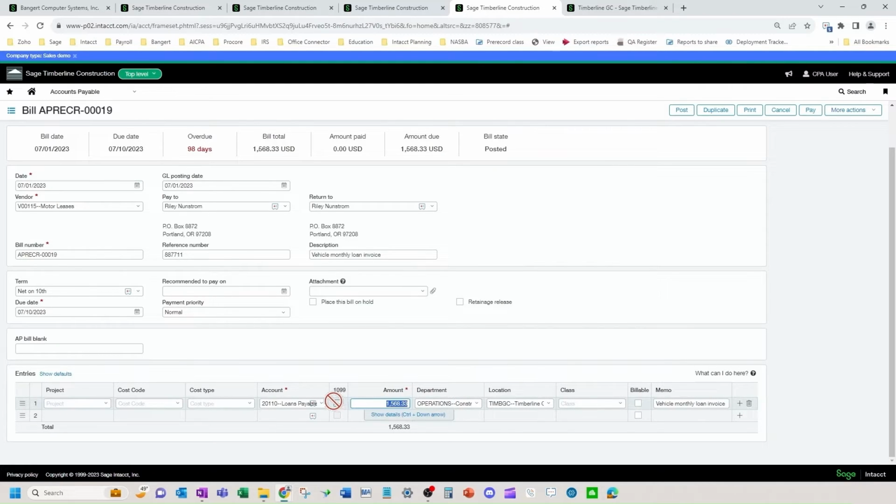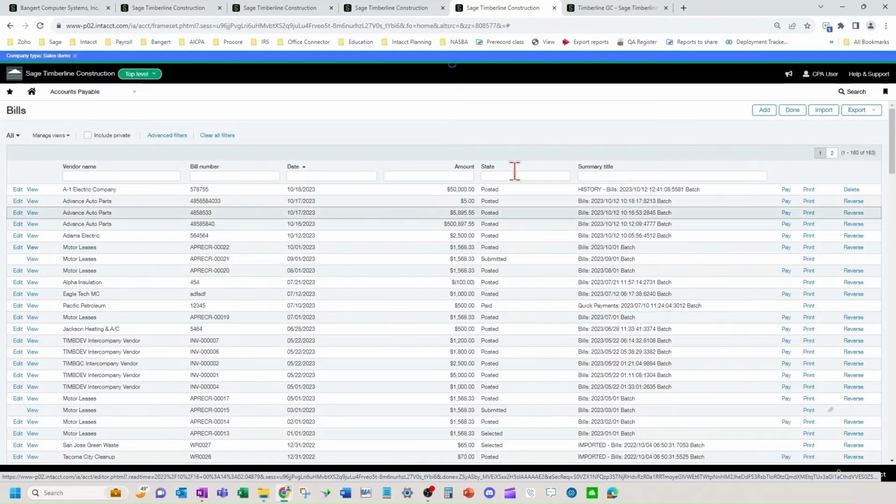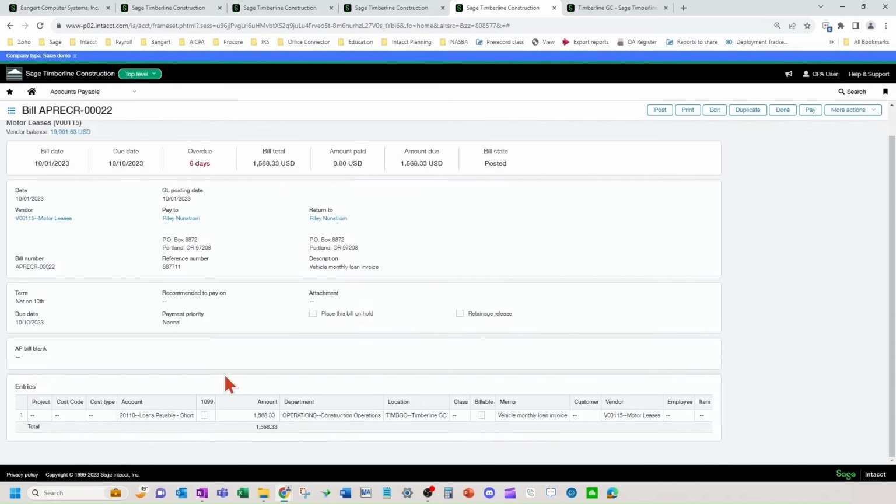I can put the 1099 option on, for example, or if you have the reclassify bills option turned on, then you can also use the reclassify option as well to fix your 1099 at the transaction level. Okay, so at the AP bill level.